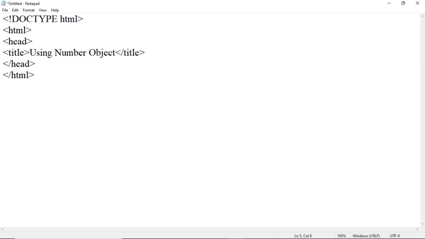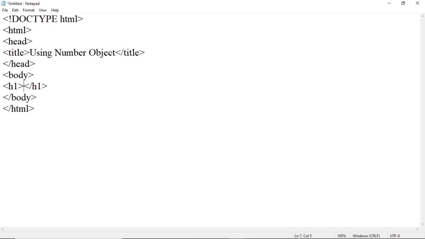Now we have to write a script. We can either write a script within a head tag or we can open a body tag also. So let us open a body tag. Open and end the body tag. We can provide here a heading for this program using the h1 tag. h1 and end of h1.